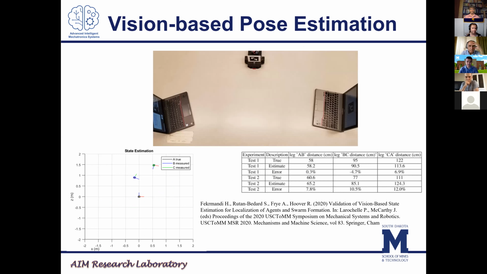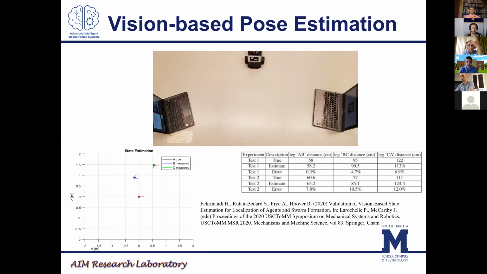And then we also did some testing that was just single degree of freedom. So just the tag is perpendicular and then moving it back and forth, which is a pretty easy example. But we also did some testing here where we have 3-dimensional translation and a little bit of orientation as well. So we had 2 laptops here. Each of them has a camera, and then we have a stationary tag. And then we measure the pose of the whole system with each of the cameras measuring the other 2 tags. And then we compute the distances for each leg of the triangle with those, and then we average both of